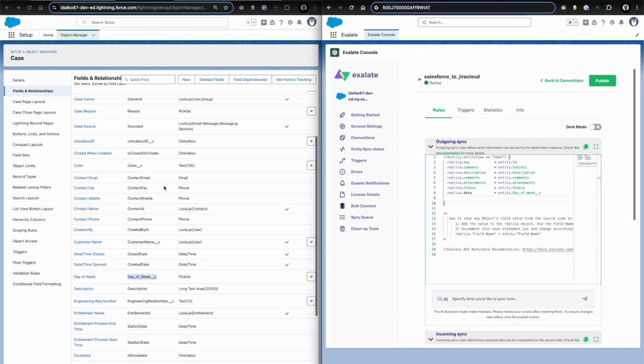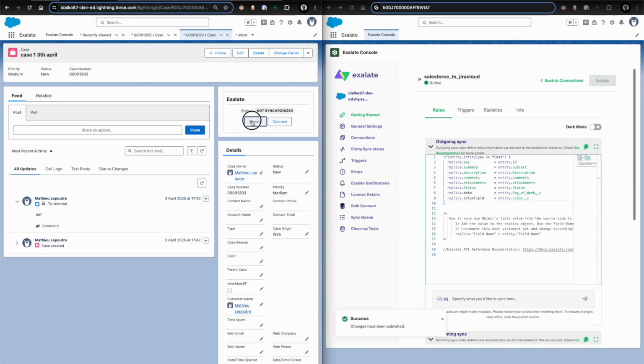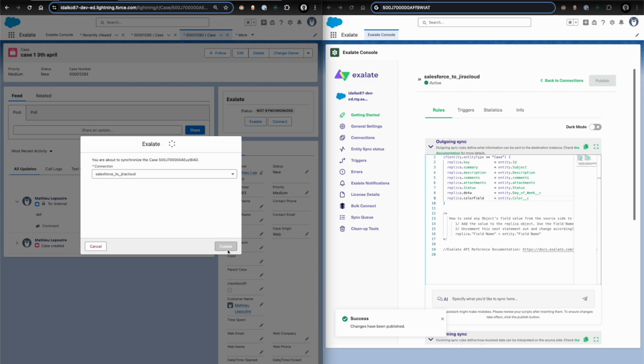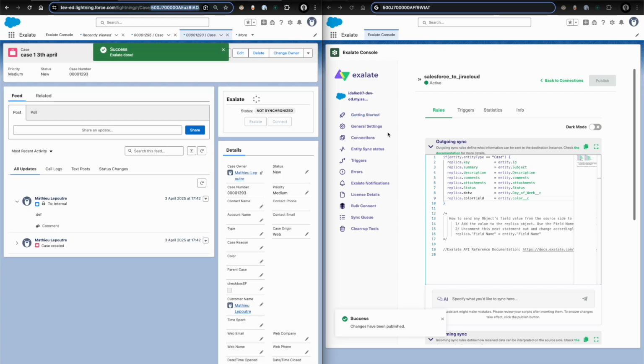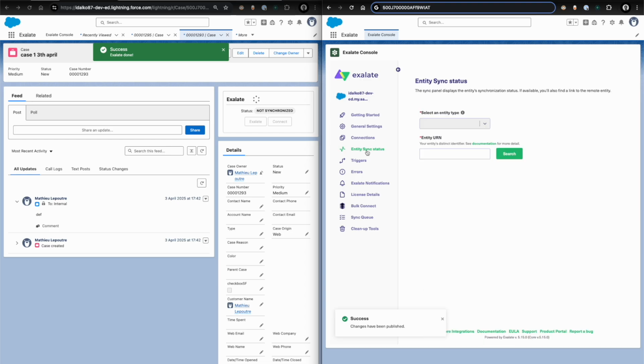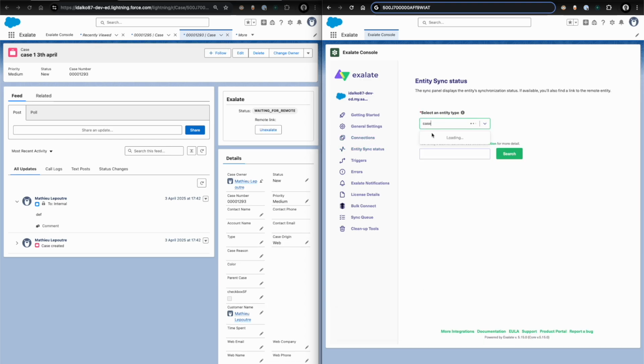And then let's also take, for example, a text field. So replica.color variable, or let's say color field, entity dot. Okay. So let's take this case and let's send it over manually. Let's see some more information about it by going to entity sync status, and then here going to case, and then entering the case ID. So we can see it's synchronized to